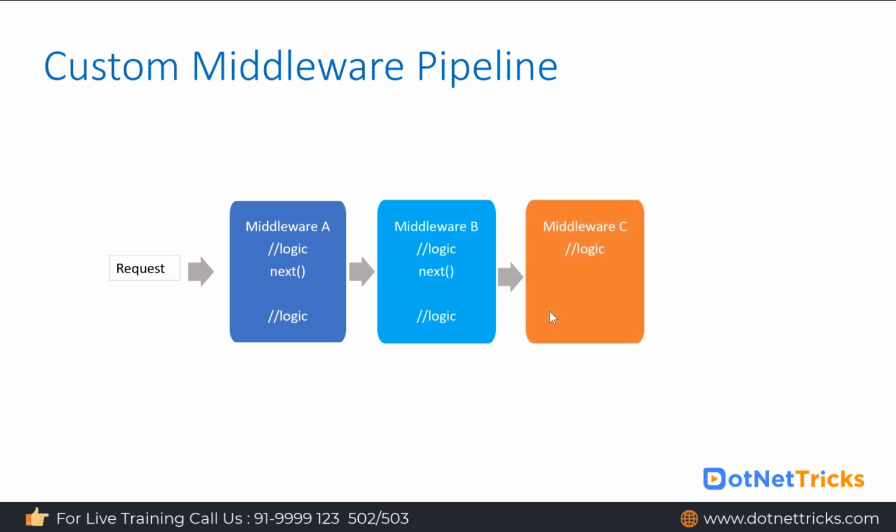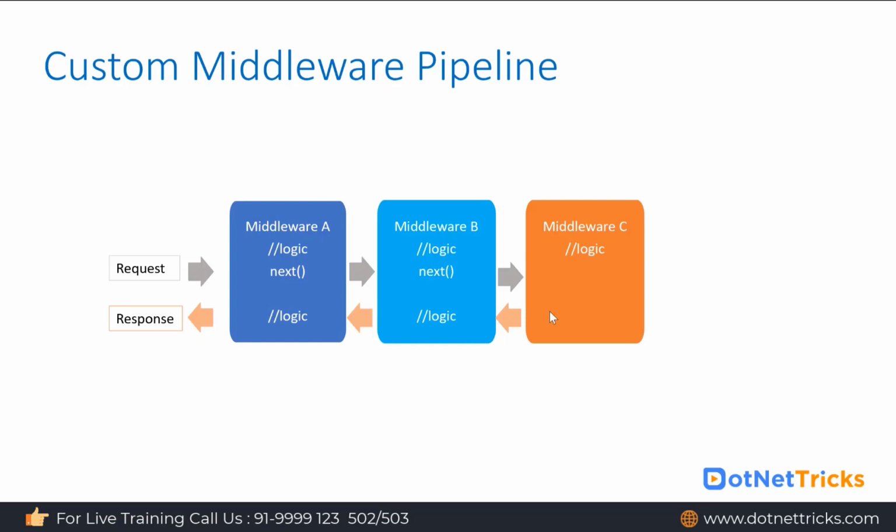So we have middleware C, but we are registering it using the Run method. So middleware C terminates the request execution, and from here it will return the response to middleware B. Whatever logic you have written after next in the middleware will be executed. The same way it will go back to middleware A, and whatever logic you have written in middleware A after next will be executed. And finally the response will reach the client.